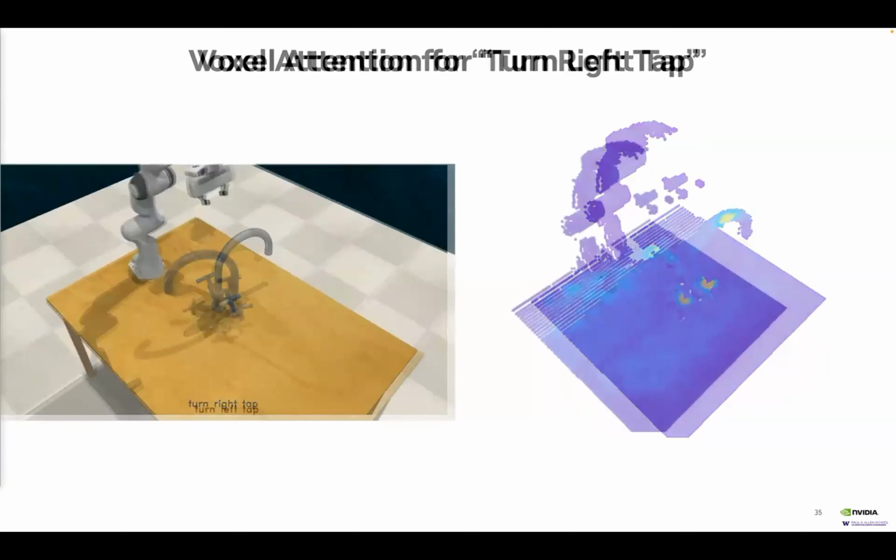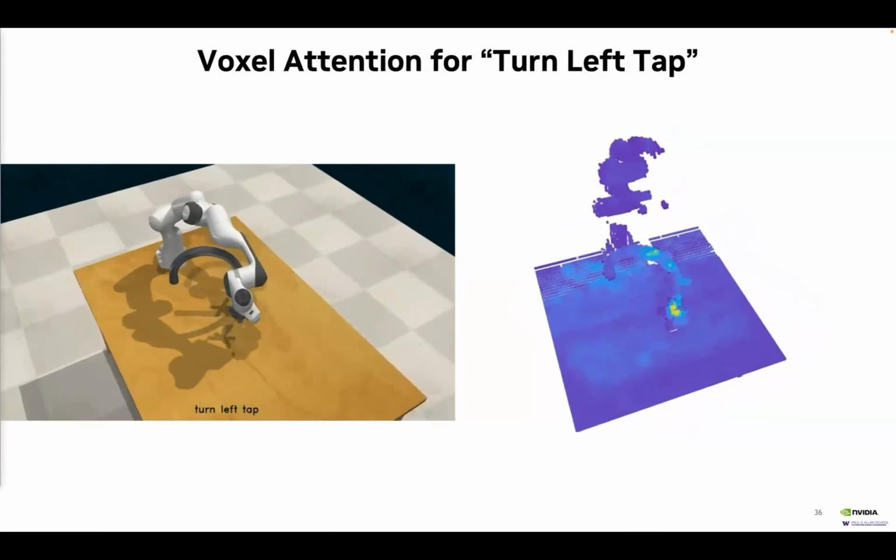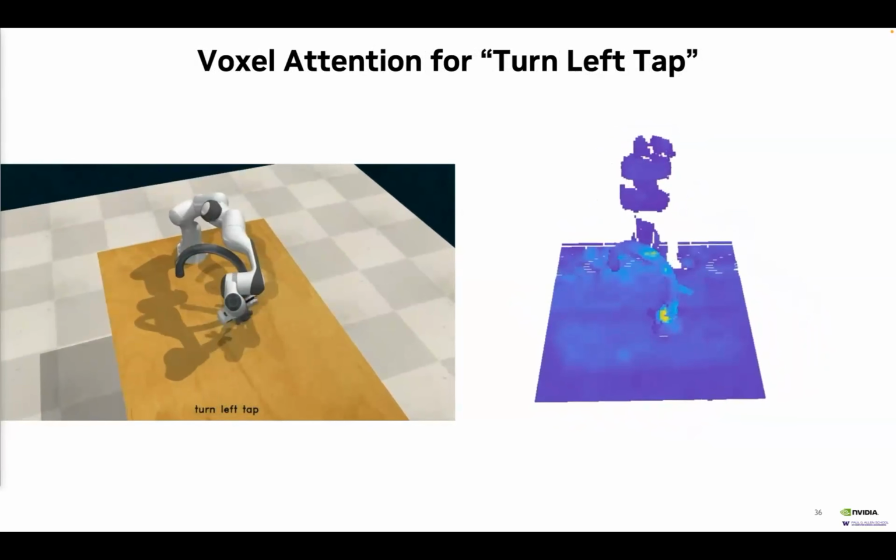And the good thing is we didn't have to specify any of this, right? It's just coming through the training data or through these examples. Here's an example now turning the left tap, where it also paid this kind of attention. The problem with this model was, or is, that